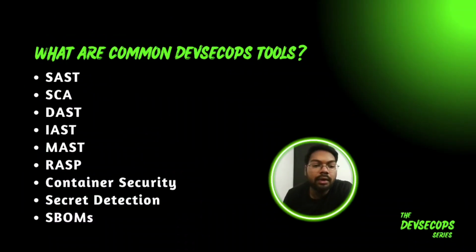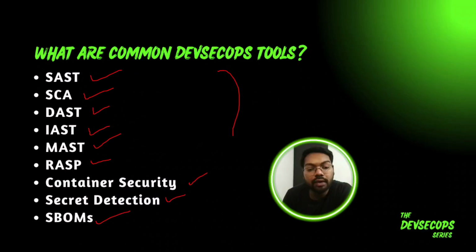So now, what are the common DevSecOps tools that are present? Here, I have listed only a few. You can see SAST, SCA, DAST, IAST, MAST, RASP, container security, secret detection, SBOMs. Okay, these are very few things that we can do. I mean, minimum things we can do to include in our SDLC and secure our application development procedure. So you might already know the full form of these things, but if you don't remember it,